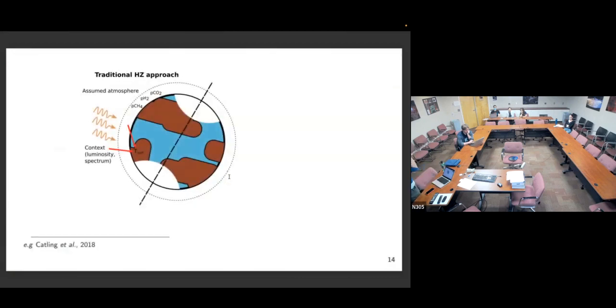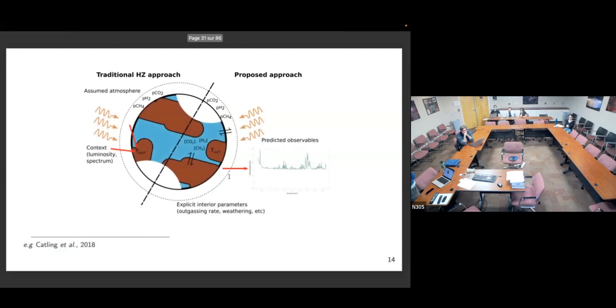But if we want to tackle exoplanets in the same way we have tackled Enceladus, instead of assuming atmospheric composition to calculate temperature and look at the habitable zone that way, we need to let the composition of the atmosphere be a variable that evolves under the constraint of surface processes: outgassing, weathering, exchange with the ocean, etc. So we need to couple all of that together to predict atmospheric composition under different hypotheses and translate that into potential observables, and try to build an understanding of exoplanet biosignatures and signatures of habitability from that direction.